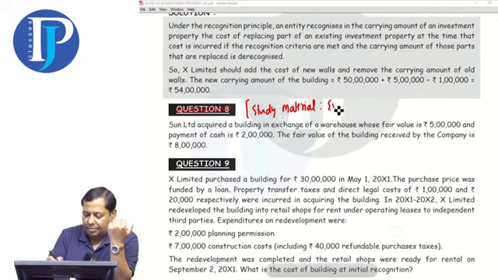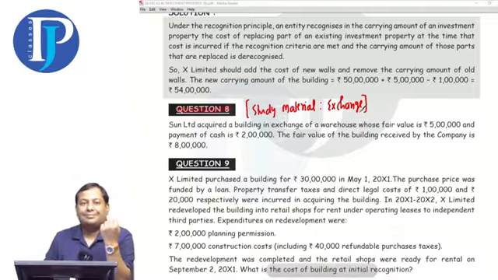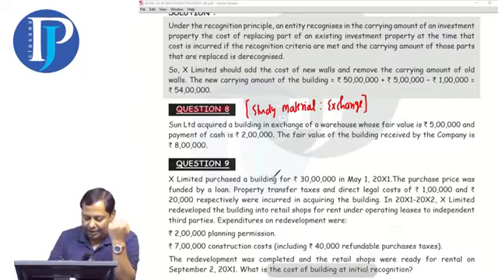And write it in your books that it is on exchange. It will be useful to you while revising. Okay, students? Now,